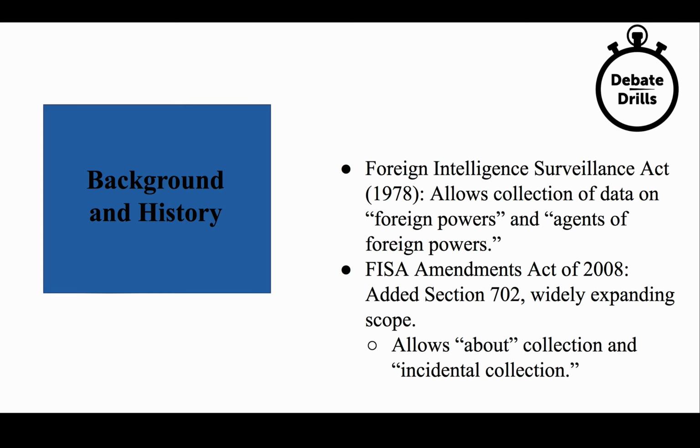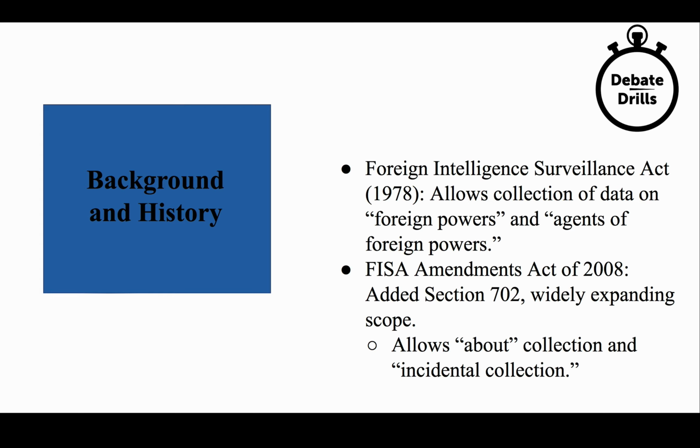So let's think of this via an example. The person I gave the example of before, Joe Smith, this time is an American citizen, and they are talking with their friend Rebecca Smith, who is also a terrorist. But Rebecca lives on the other side of the world and is not an American citizen. But Joe Smith is an American citizen, and they are discussing issues that would relate to terror and be of interest to the NSA jointly.